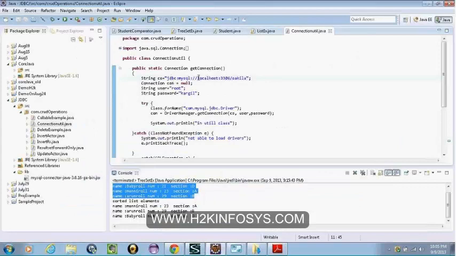Where did you get that number, 3306, from? When we install, it asks at which port you want to install the server. By default, when we're installing MySQL, it is 3306. If you want, we can change it. That port is used for a specific purpose, and we cannot use that specific port for something else. That is the port number.